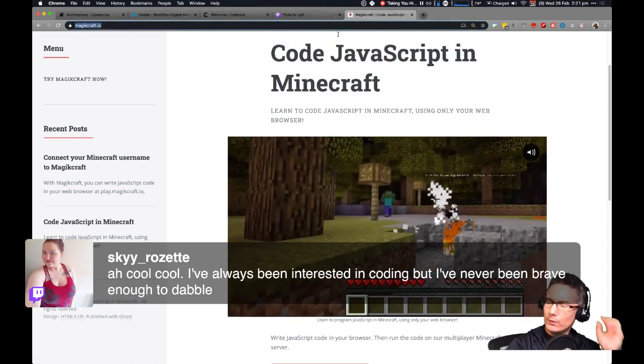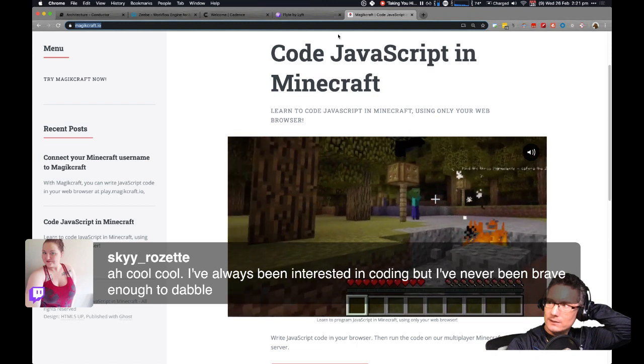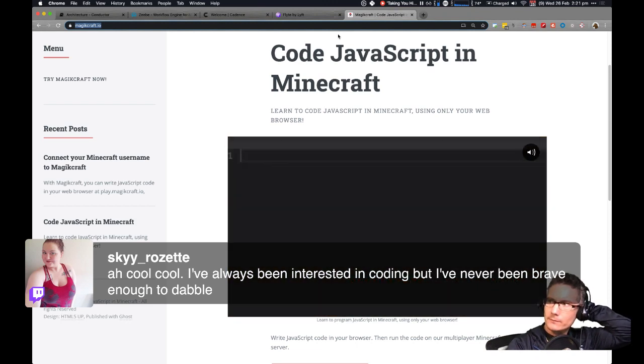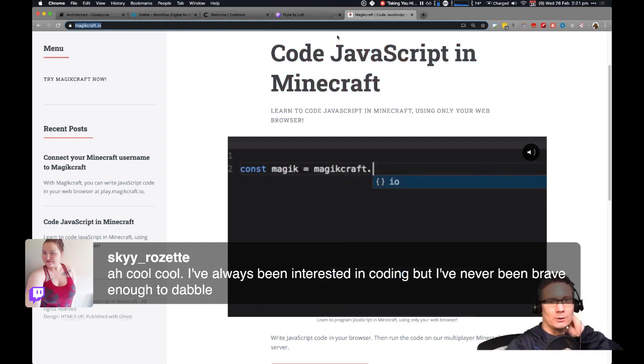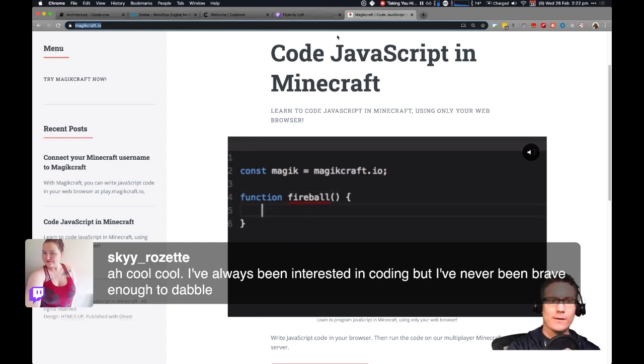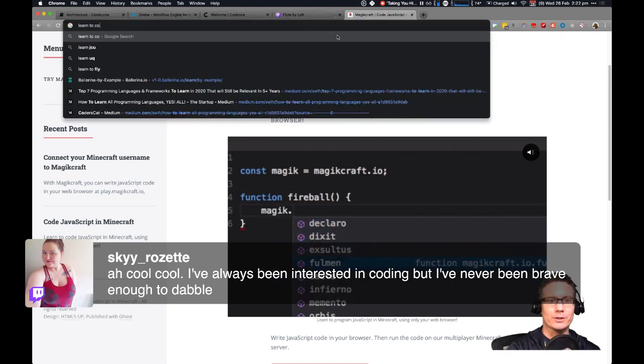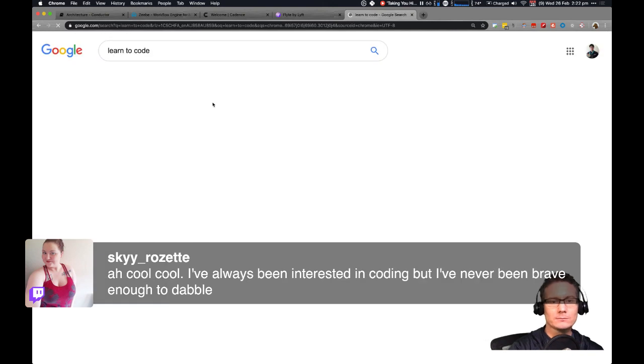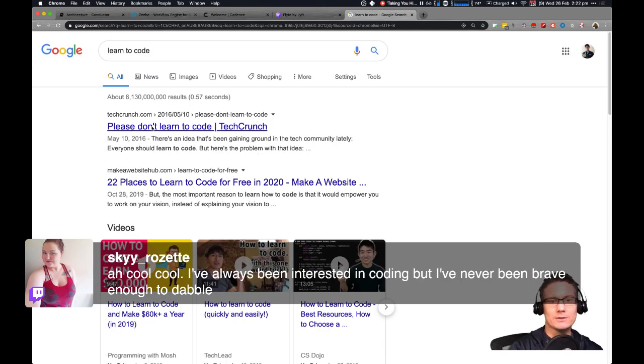Where would I go if I wanted to learn how to code these days? That's actually a good question. It's been so long since I've looked at where the entry point is generally. Slight digression. Learn to code. Please don't learn to code.